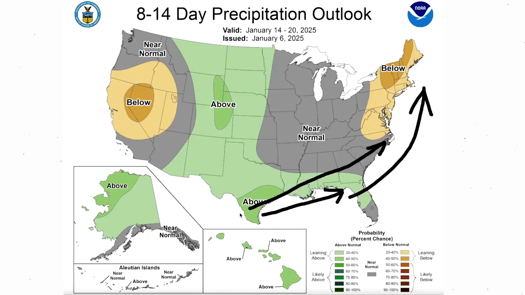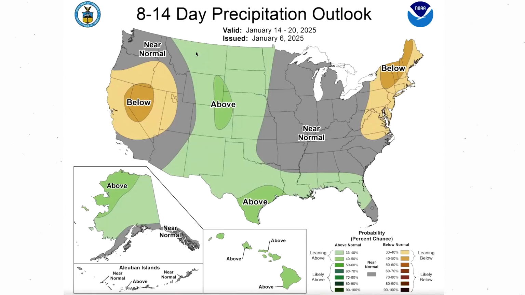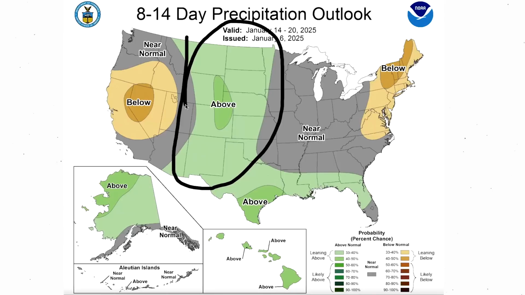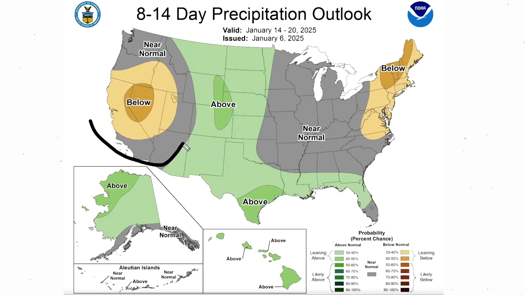So that's a good look down here for anybody hoping for snowfall in the eastern states. Still, the Rockies and the plains are seeing that highlight of above average precipitation. And although the west doesn't look quite as dry, it's still fairly dry for these areas. Alaska is still above normal for most areas, as well as Hawaii.